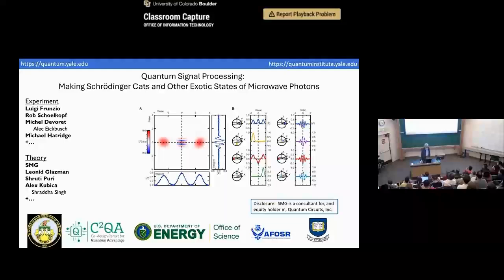So I gave the qubit seminar yesterday. There'll be a sort of 10% overlap, and some of the initial slides will be similar. But I'm going to try to go slowly and explain to people not working in this field how you control